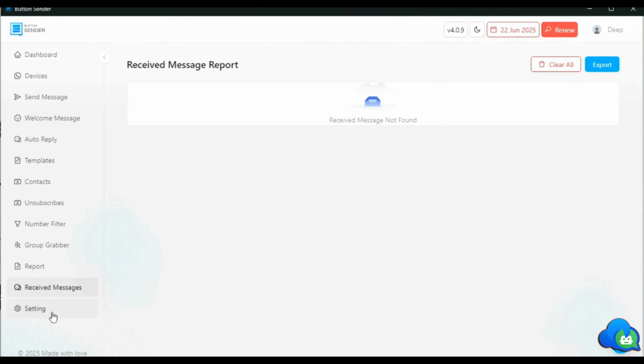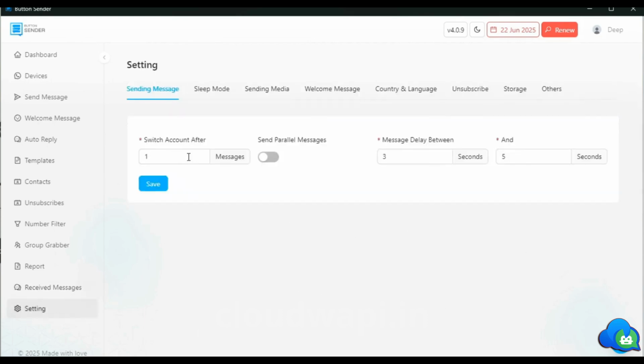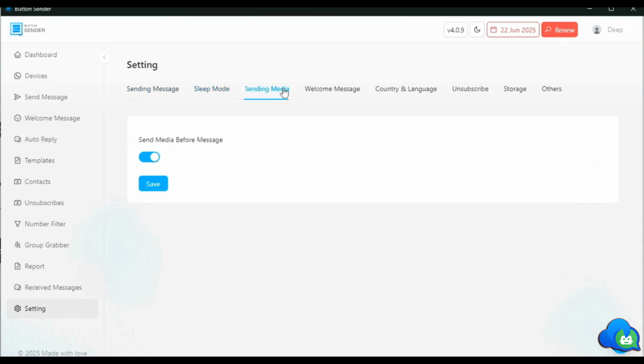In settings you will find the sending message setting where you can switch accounts for sending messages if you have configured multiple devices. Also you can set the message delay between and. Then you have sleep mode, sending media options, welcome message setting,